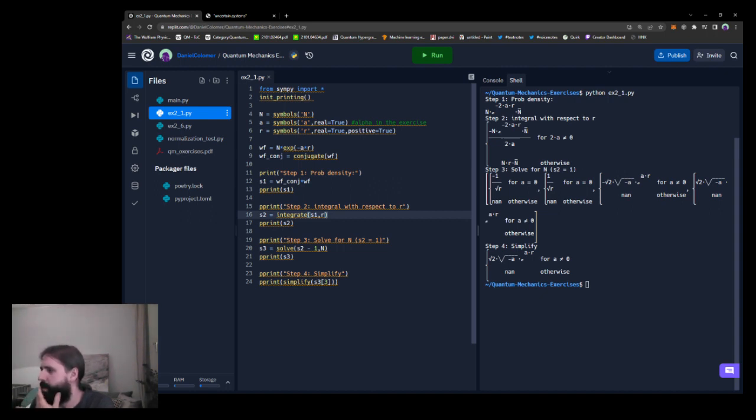Maybe that's kind of the thing. Maybe there's something else in here, but the integral with respect to r, and we integrate that, and that always gives us something that still depends on r. Because the exponential is its own integral at the end of the day, right? So this all makes sense. And then